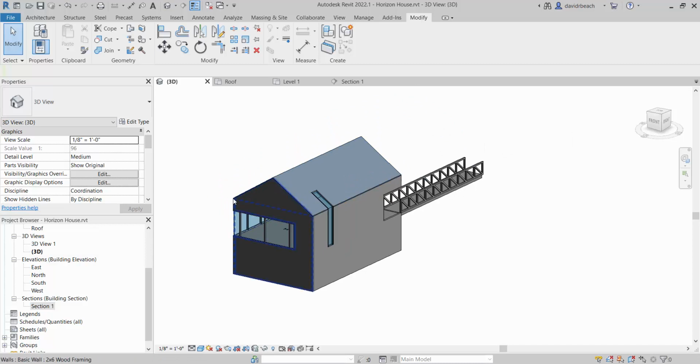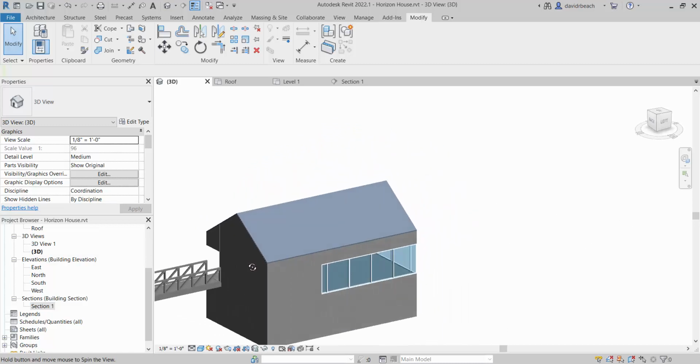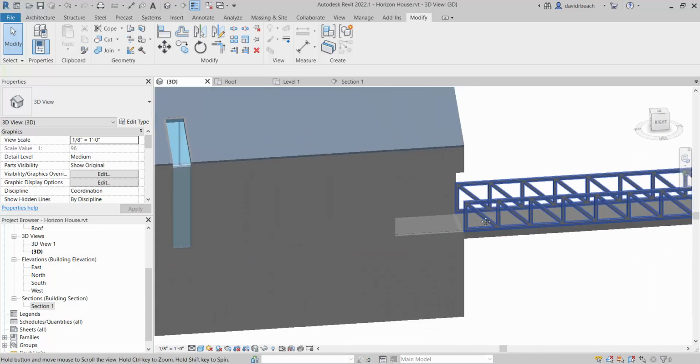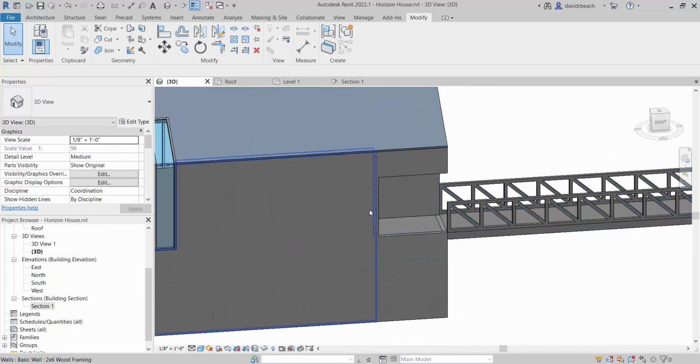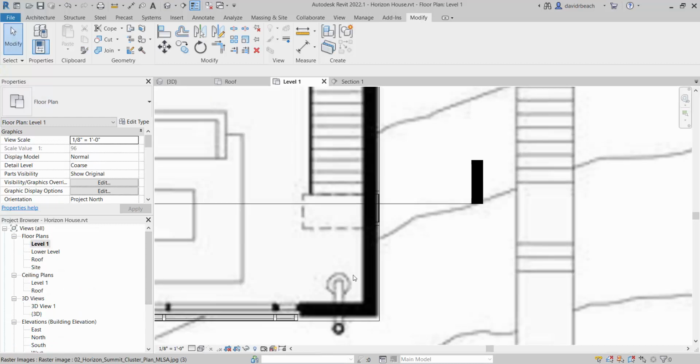So to do a really good and interesting perspective, let's just look at where I'm at right now in this. I'm a little bit further behind than you guys, and also I've really messed up this bridge thing because that should come all the way over to here, I believe, but that's okay. I'm just going to work with what I've got, all right? So I know for me, the first image that I'd like to build is something at the bridge looking across to the house. Okay, so I'm going to go to my plan view, my level 1 plan view,